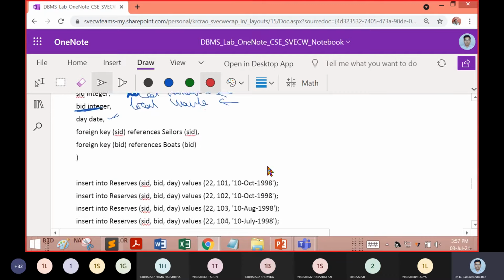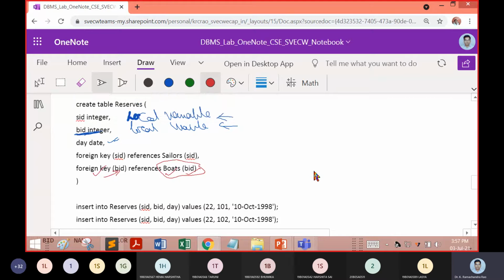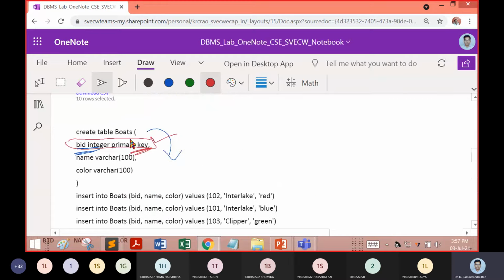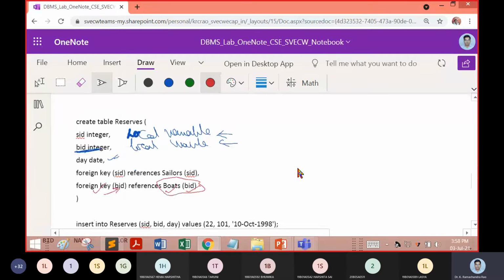Now we can see here the boat ID will act hereafter as a foreign key, and it is going to refer to the table called boats, and to which key it is going to point means it is going to point to the boat ID. So what we were saying was, boat ID is already given as a primary key. Therefore, at this point in the reserves table, it acts as a foreign key and is going to point to the local variable.